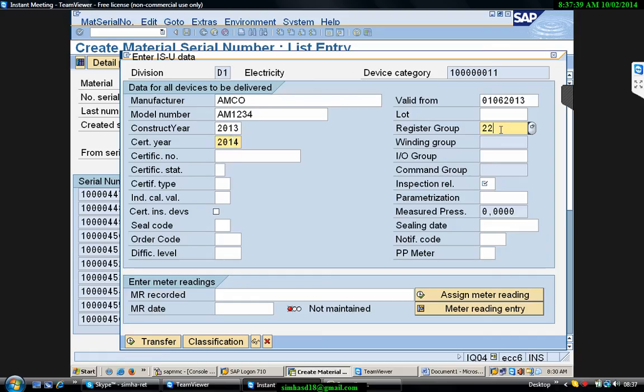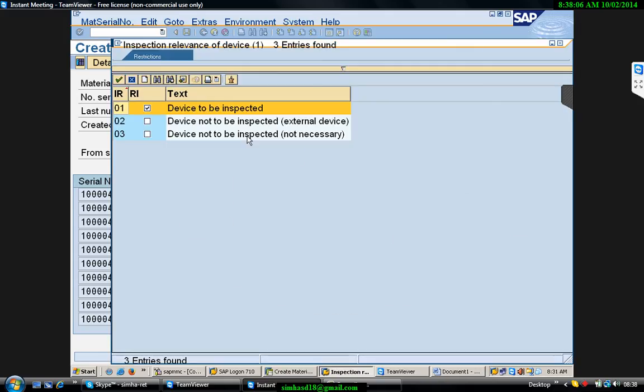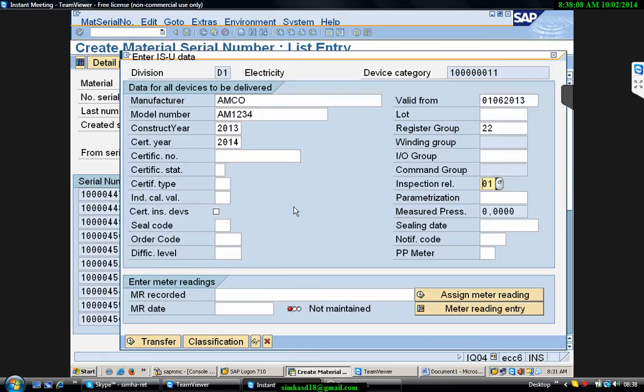Register group, you see it has been copied. If you want to change the register group at the last minute, it is also possible, you can change it here, but normally it is not done. Why? Because register group is an intrinsic property of the device category, so it is rather not changed. But for technical reasons, sometimes if you have blocked it for some time and created a new register group, you can always pick it up. And then inspection relevancy. But the only thing is, when you create here, it cannot go to the equipment master records in the background. So plant data and everything you want to maintain, you have to update manually or